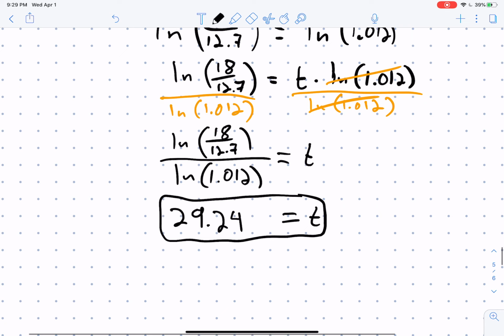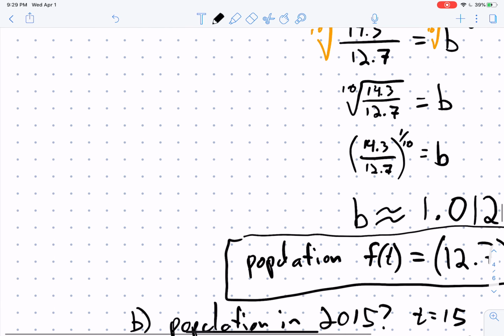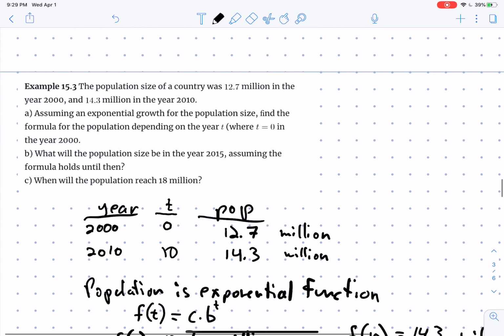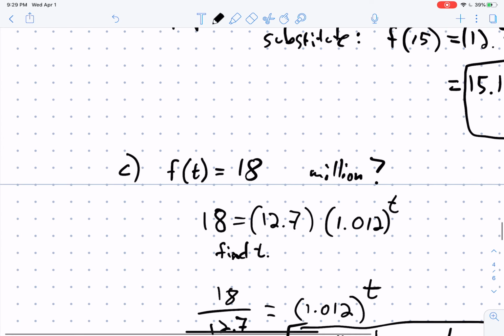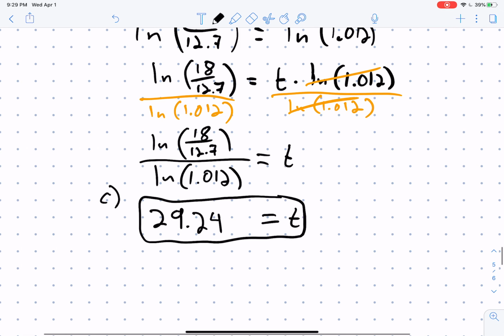So for part C, we found the value of t. T is 29.24, but it always helps to do a reality check. What is the question asking? The question is asking, when will the population reach 18 million? Well, it will reach it when t is equal to 29.24, and that's going to happen